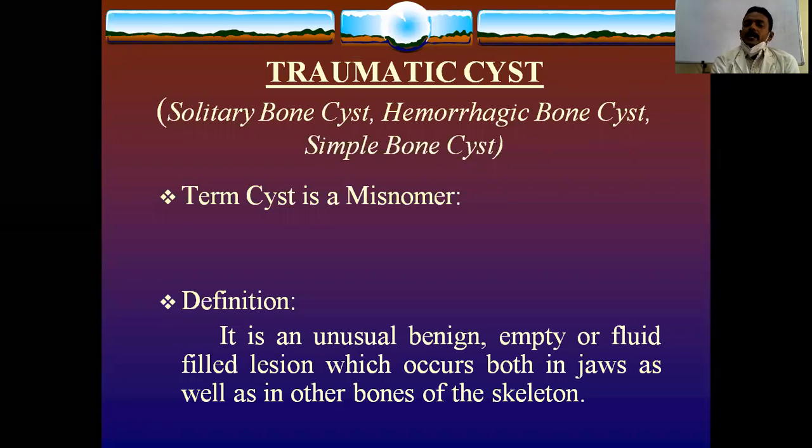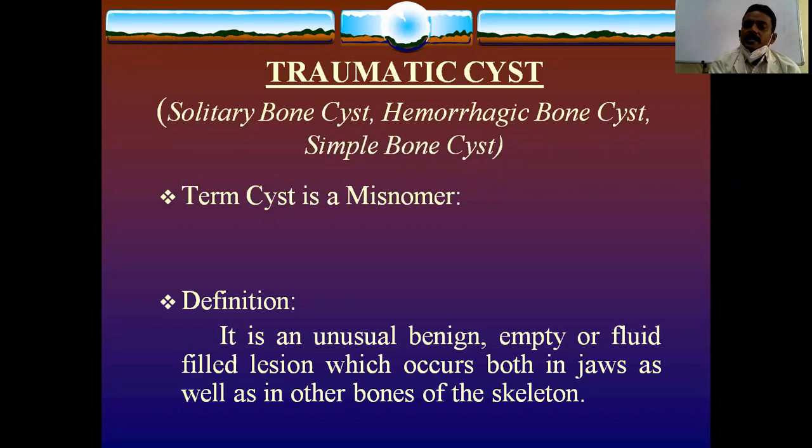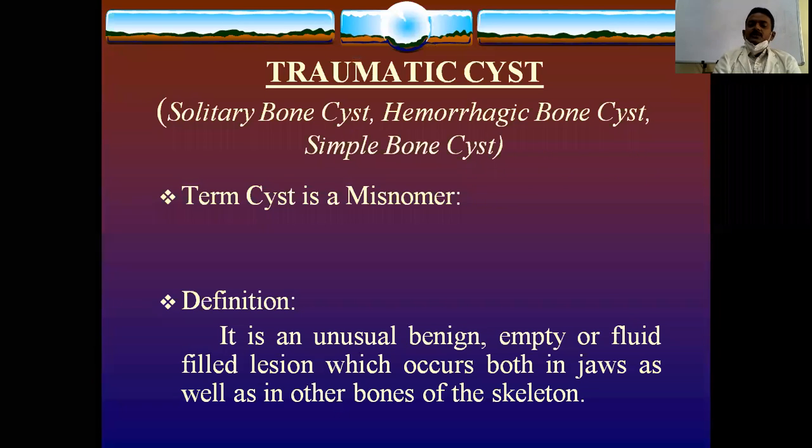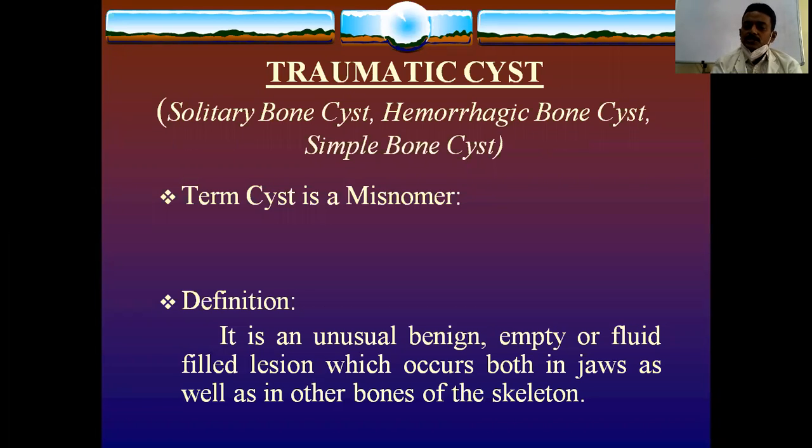So what is traumatic bone cyst? It is also called solitary bone cyst, hemorrhagic bone cyst, or simple bone cyst. Here, using the term cyst is a misnomer. Coming to the definition, it is an unusual, benign, empty or fluid-filled lesion which occurs both in the jaws as